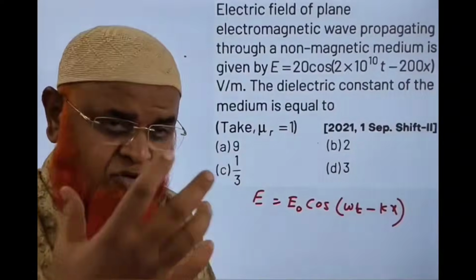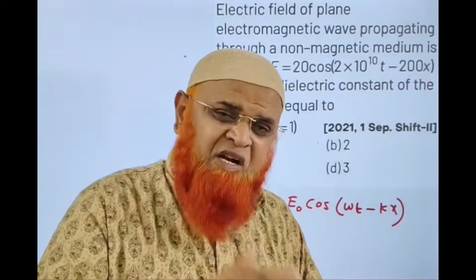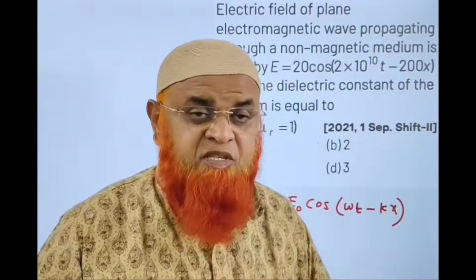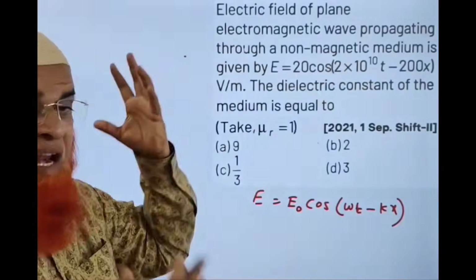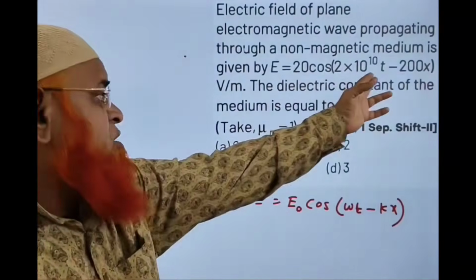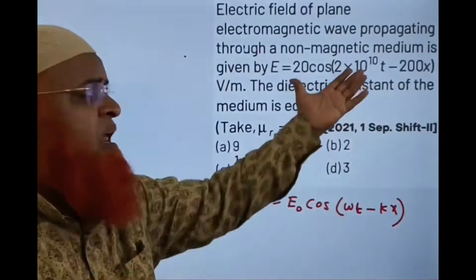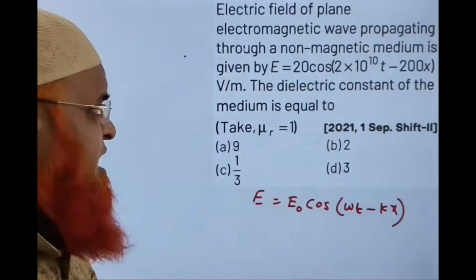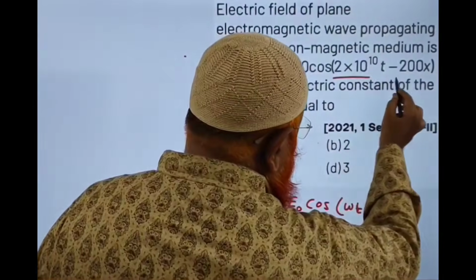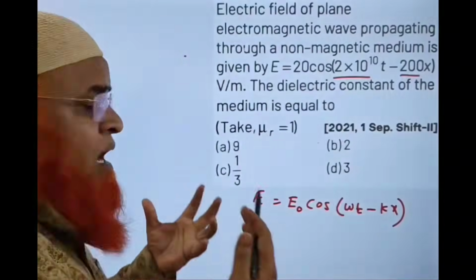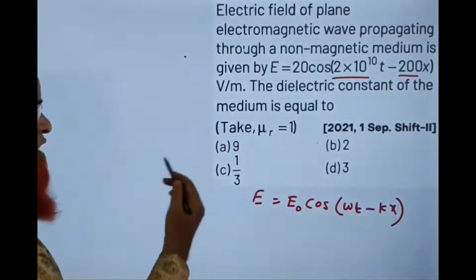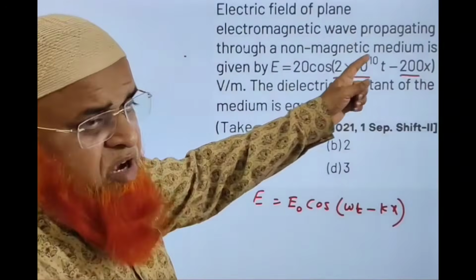प्यारे बच्चों, इलेक्ट्रोमैग्नेटिक वेव के चैप्टर का एक छोटा सा प्रॉब्लम है, हम बेहतरीन अंदाज में समझेंगे और सीखने की कोशिश करेंगे। यहां पर इलेक्ट्रिक वेव का इक्वेशन दिया है। इलेक्ट्रिक वेव के इक्वेशन को हम उसके जनरल इक्वेशन से कंपेयर करेंगे। यहां पर ω के प्लेस में ये है और k के प्लेस में ये है, ωt minus kx। अगर हमको चाहिए कि हम वेलोसिटी ऑफ लाइट मालूम करें इन ए मीडियम,